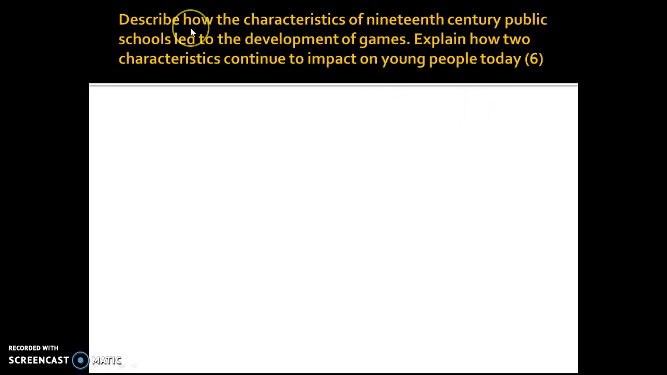Going through them. Next one, describe how the characteristics of 19th century public schools led to the development of games as we know them today. So basically you then have to explain how two characteristics continue to impact on young people today. Okay, so what you've got then,